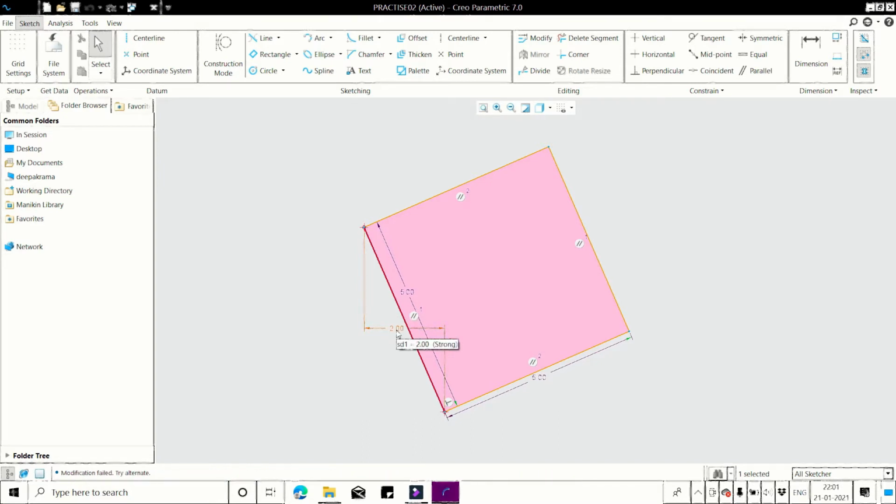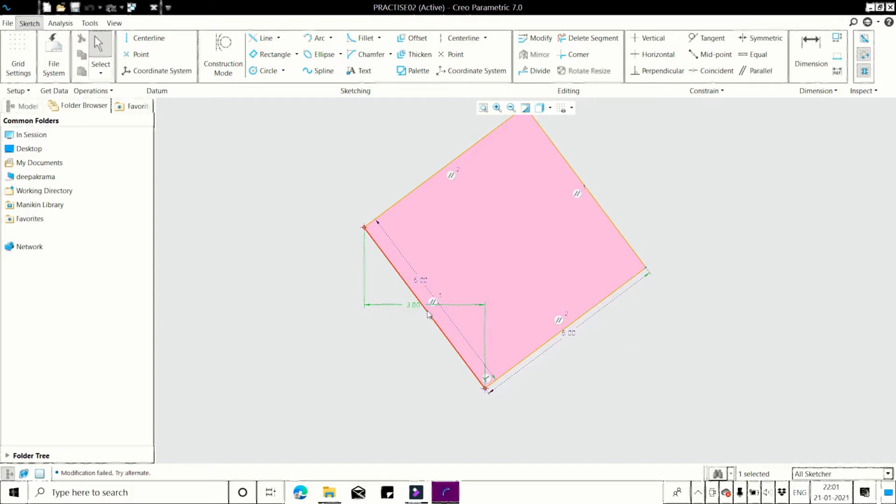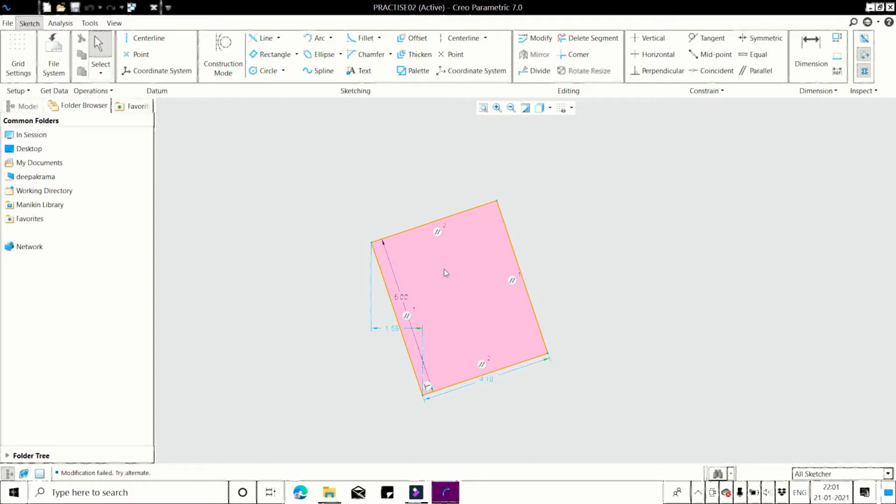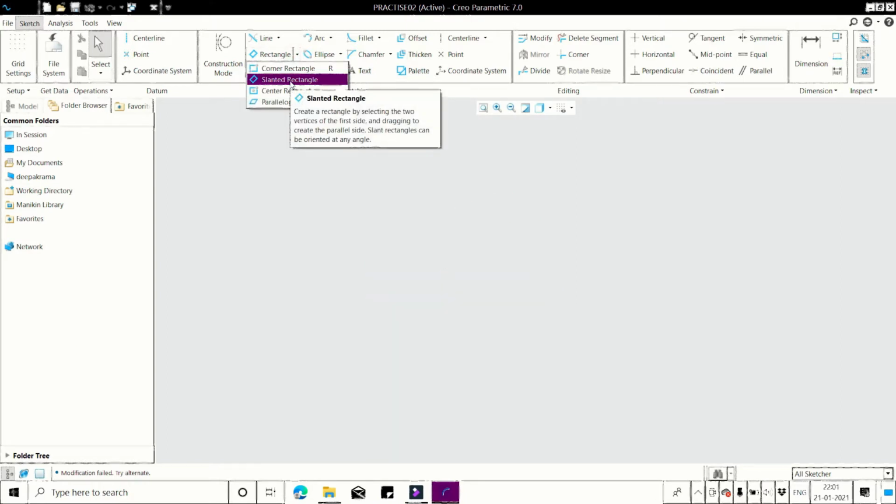See, it will not be taken because it will exceed the limit. Second option is 3. See how the angle is changed. This is how the slanted rectangle option is used.